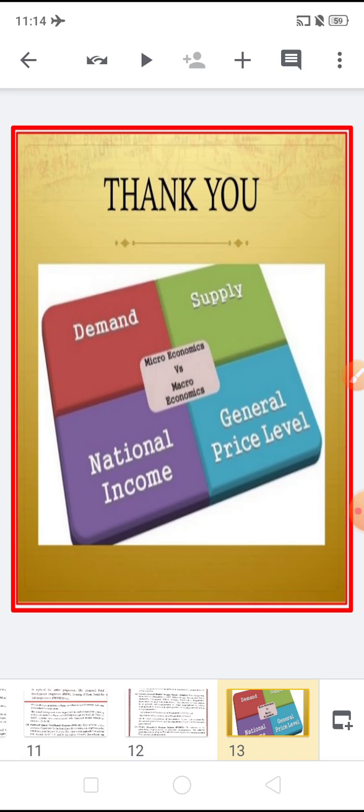Children, in today's video we have learned first what is poverty and who are poor, what is the poverty line, the trend of the poverty line in India, and the number and percentage of poor. Then we learned the causes of poverty. We have learned the measures to remove poverty in India. All these measures we have learned in 4 basic categories.